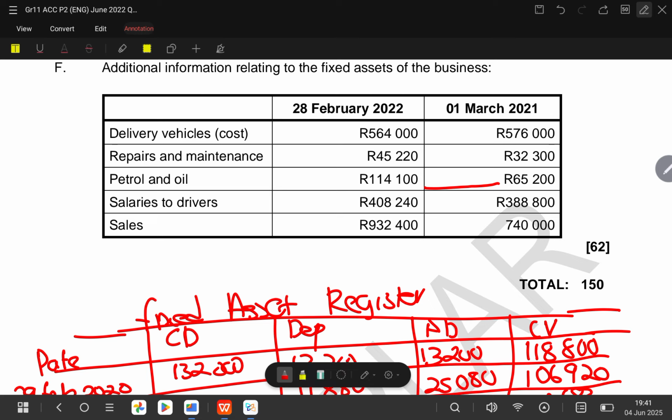Another thing that we are seeing here is that the repairs and maintenance costs have also increased from 32,300 to 45,220. We need to check the difference first. So let's see if 45,220 minus 32,300. Remember, they said you should code, so it means you need to use the information that was given to you. So we are going to say